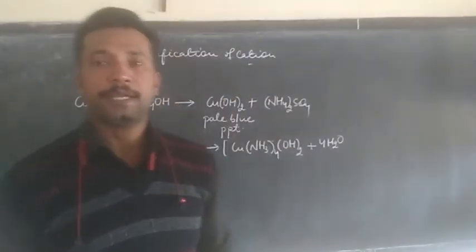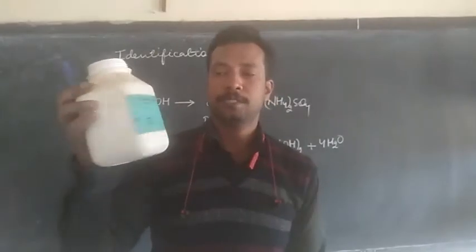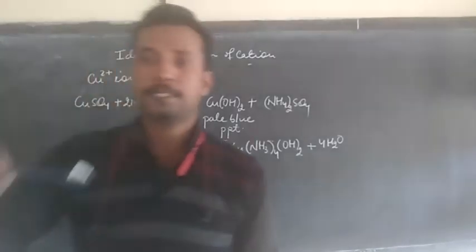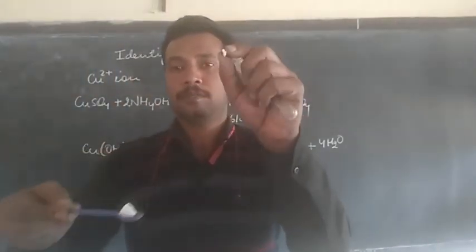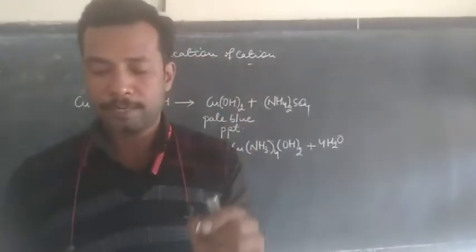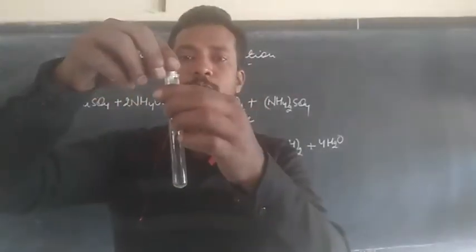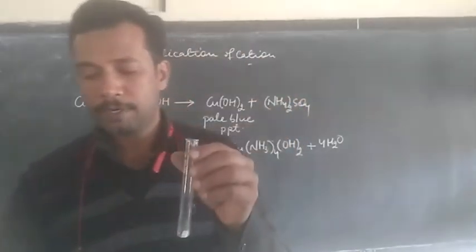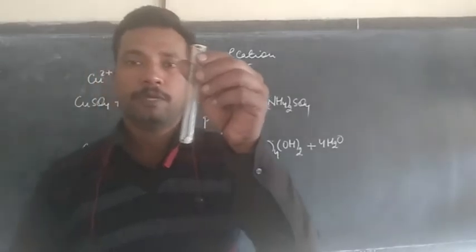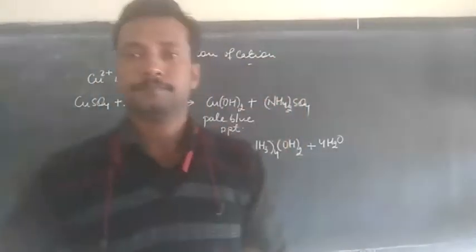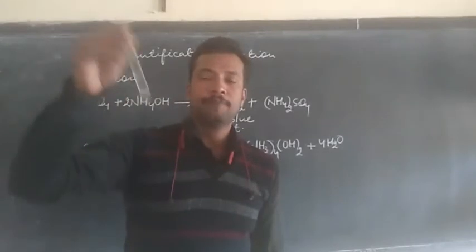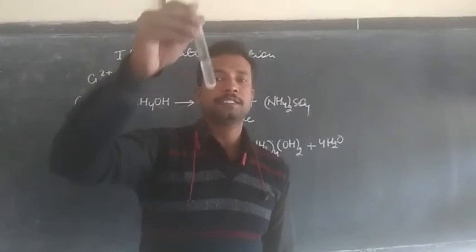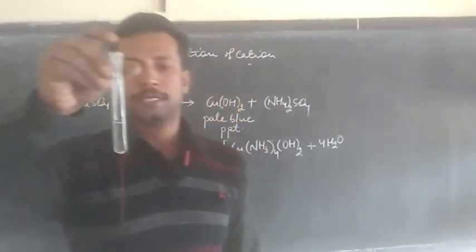So next I have taken calcium chloride. This is calcium chloride. I'll show you how it looks. One small sample of calcium chloride I am going to take into this tube, and I'll add water to this to prepare a solution, and then we'll see what will happen when we add ammonia solution to this salt. So I have added water to this. Let us shake well to form a solution. You can see a colorless solution of calcium chloride has been formed.